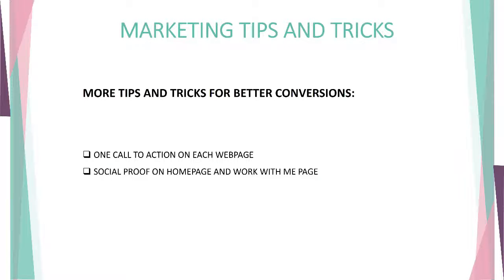People who have come to your website, they may not even know who you are. They could have found you on social media. They could have been referred by someone. They could have come in from other means. If you're putting out your freebie offers in other areas and that's being shared, you don't know how they're coming to your website. But when they do, you really want to put your best foot forward